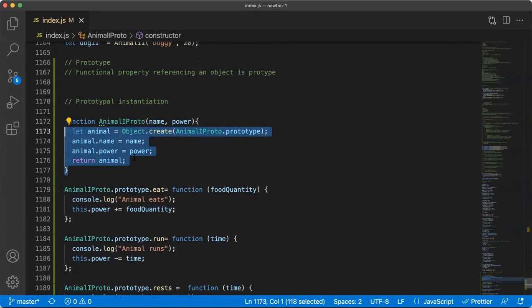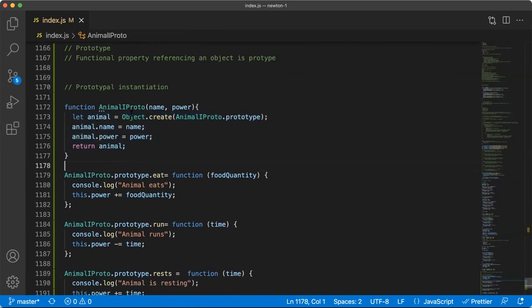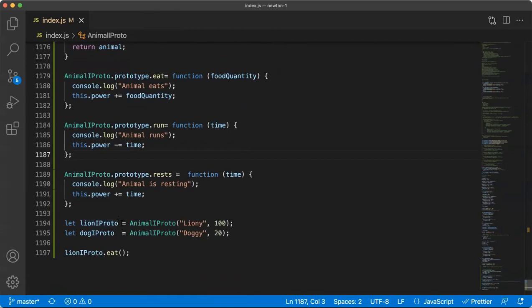One question, is it advisable to make prototype delegations for large data objects or objects containing huge data? It has nothing to do with huge data or large data, right? See, it's not about huge data, guys. It's about a simple fact, that whenever you have common properties which need to be accessible across every instance,